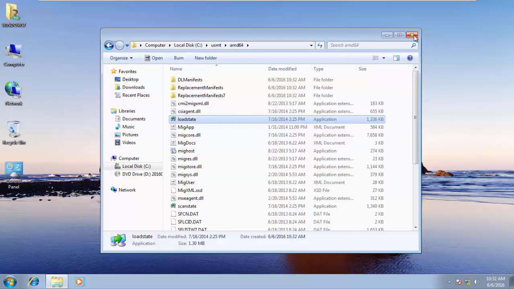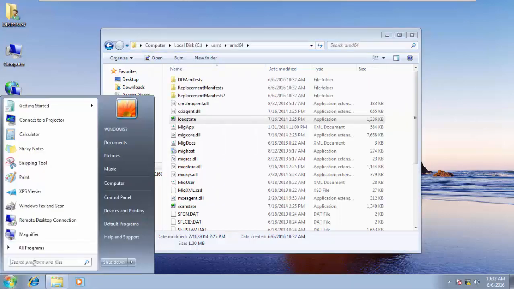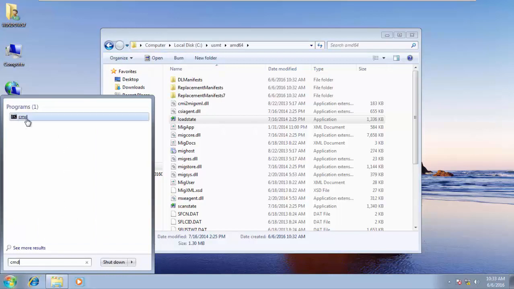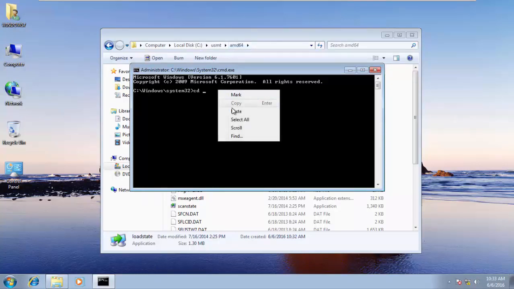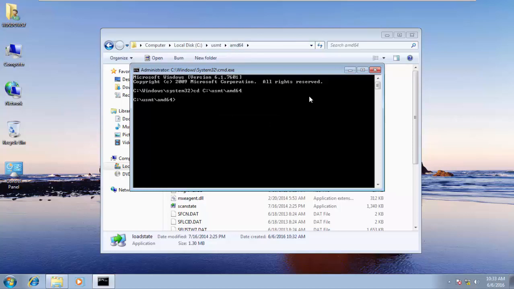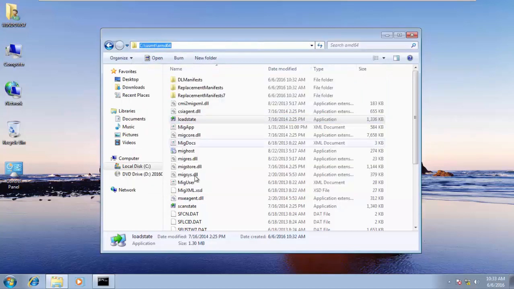Okay, so I'm just going to open command prompt over here and change the directory to this place. Okay, so we take note of the path. I'll just click over here and copy the path so that in case we need it, I can use it at my command prompt. So I'll click on start over here, type cmd, right click and run as administrator. Click yes over here, and then we type cd space, then we paste the path that we just copied. I right click and select paste, press enter, and it sends me into the AMD64 folder